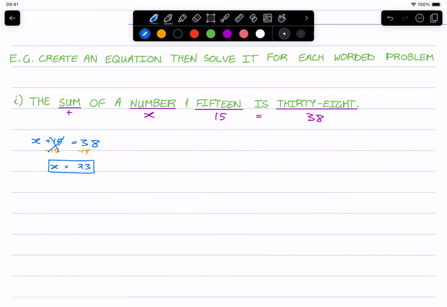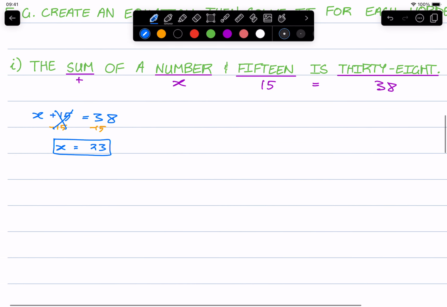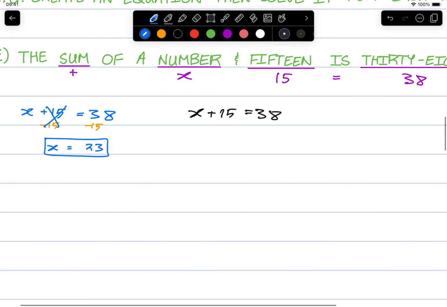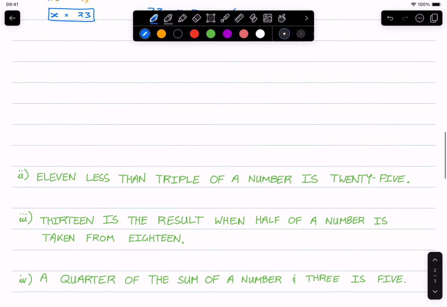And there we go. Now to really check this, as we've seen in the very beginning of this topic, we can check this by substituting this back into our equation. Our equation was X plus 15 equals 38. So we can substitute this back in. So 23 plus 15. Well, that indeed does equal 38, so that works. So 23 is our answer. So we get 38 equals 38. Alright, so